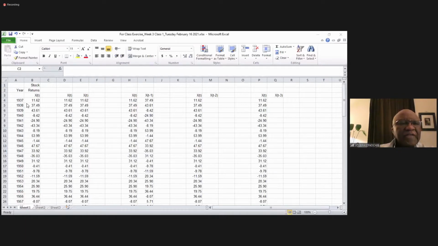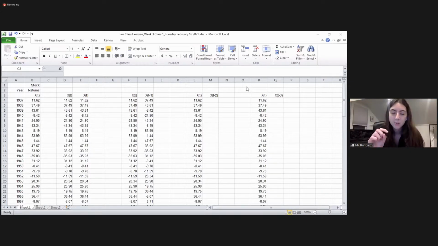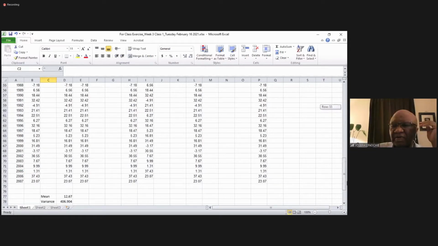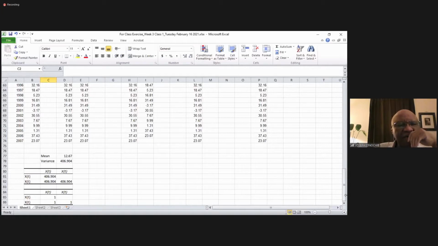So if 1938 is T, then T-1 is this. I think the best way would be to just reverse the years. Okay, let's see. Hold on, let me just think about this and see if I can make it a little bit easier for everybody. Here, let me go down. It's easier to visualize it as if you scroll down, we're missing a point from 2007. Yes. In the T-1. So what I really meant to do is,